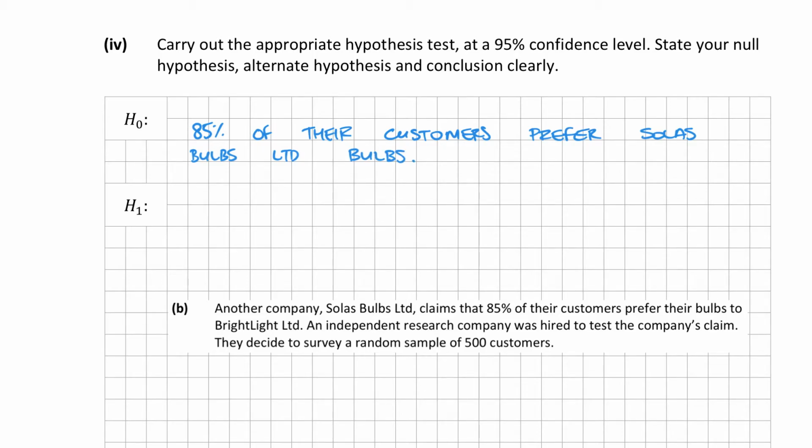Okay, so that's the claim. The claim is that 85% of the customers prefer Solus's bulbs, right? Okay, so the alternative hypothesis is that the number of people, or the percentage of people,